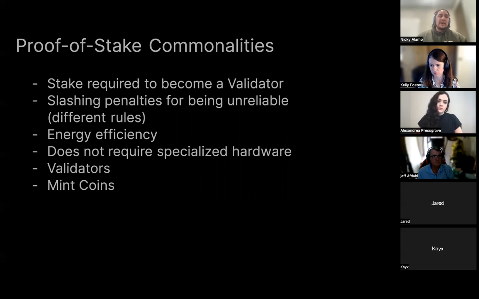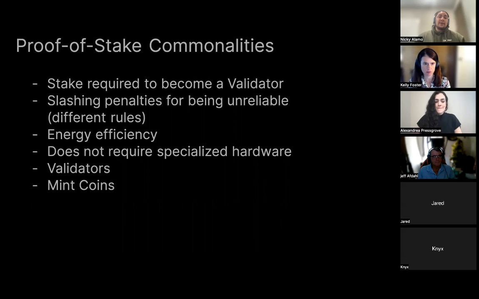for a certain period. So you're not going to be able to just pump and dump the network. There are slashing penalties for being unreliable. This is different for different proof of stake networks, but most of them have some slashing mechanism in place for any validator trying to game the network. This could be trying to slow down the network, or trying to jump in line for the next transaction they're trying to validate.